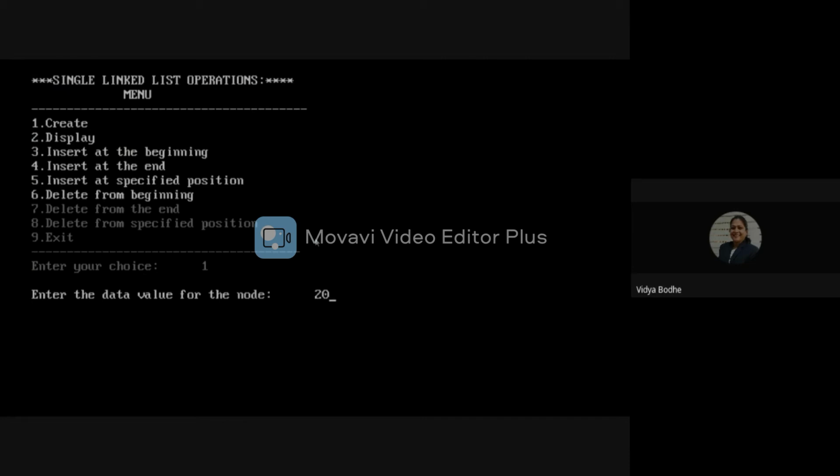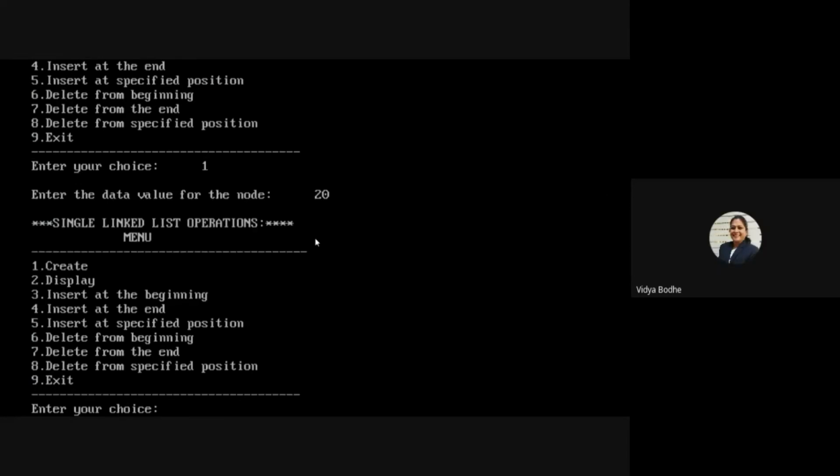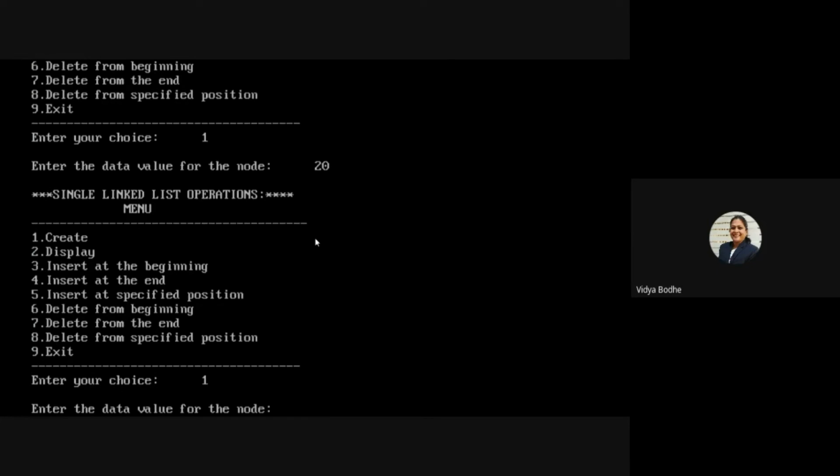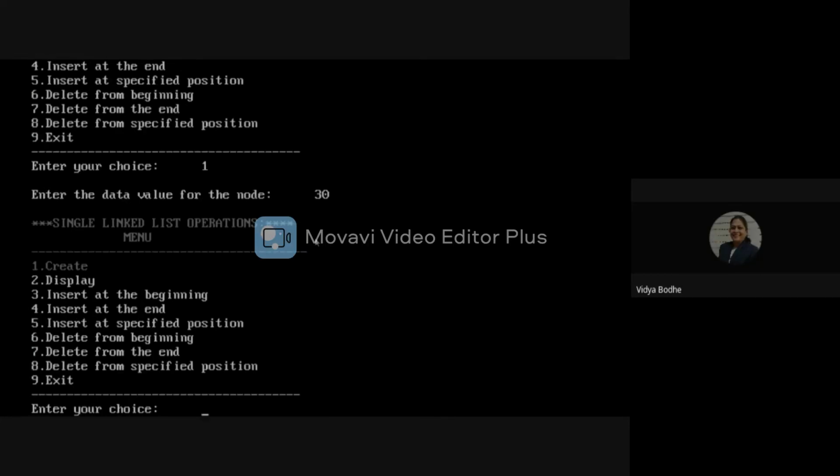Suppose I give 20, then 20 will be inserted in the linked list. Now I give choice 1 again for creating the linked list. Here, the data value I will give is 30, and till now I inserted 20 and 30 in the linked list.